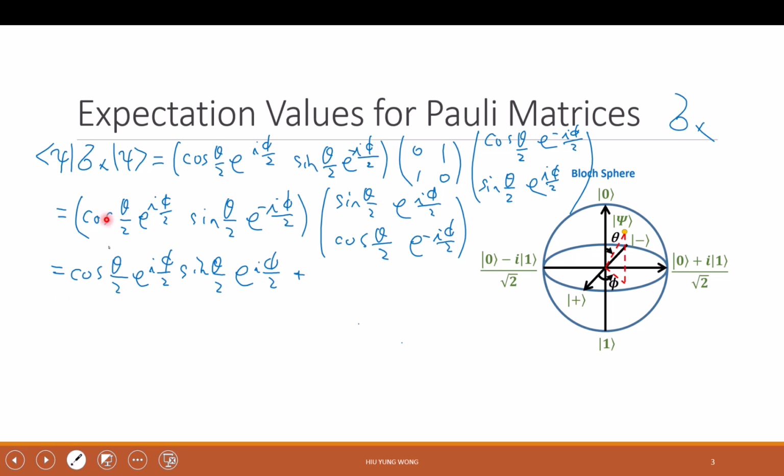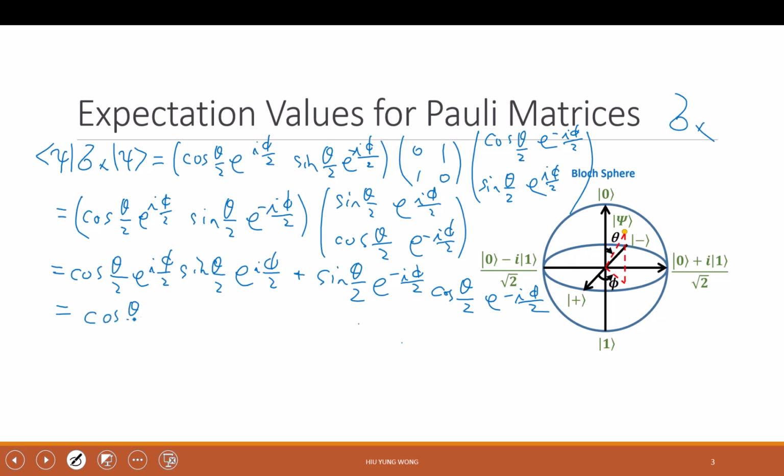Plus, right? This is cosine times sine. Now it's sine times cosine, right? So this is plus sine theta divided by 2 e to the power negative i phi divided by 2 times cosine theta divided by 2 e to the power negative i phi divided by 2, right? So you see I have cosine theta divided by 2, sine theta divided by 2, sine theta divided by 2, cosine theta divided by 2. So they are the common term. I can factorize them, right? So that's why I get